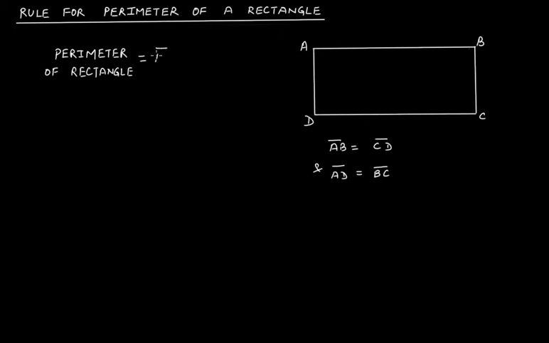AB plus BC plus CD plus side DA, and we know that if I group them together, that is the equal sides AB and CD, if I group them together, plus BC and DA,